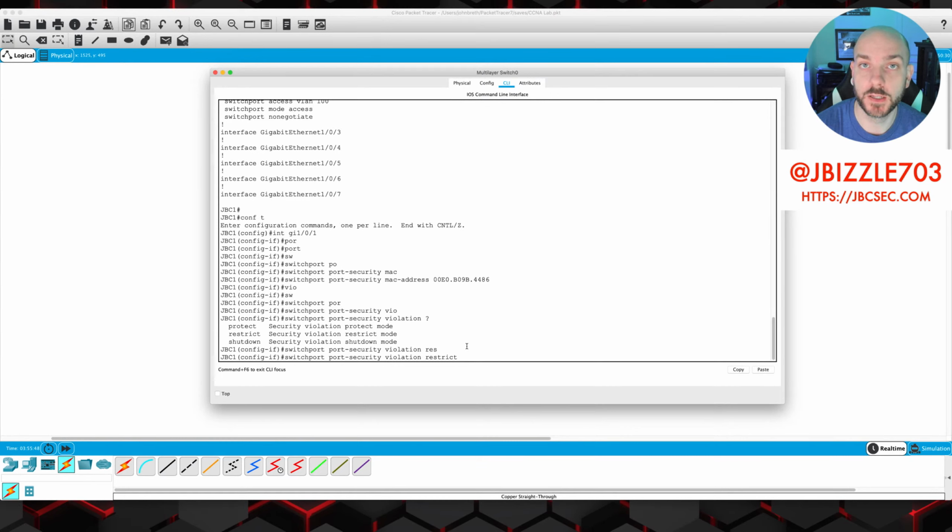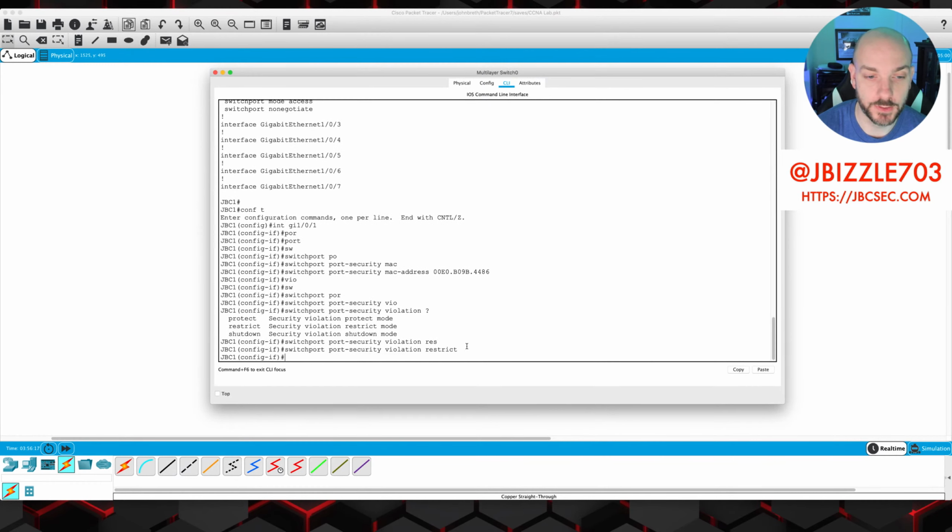So it's going to block anything that's not approved, continue to let through the stuff that is approved, but it's not going to increment the counter on the show port security command. Like that violation counter that we saw increment as the packets tried to go through, it's not going to increment that. So I don't really know why you would want to use the protect versus the restrict. I'm sure there's a good reason out there somewhere, but yeah, I haven't seen it used. So we're going to go restrict,